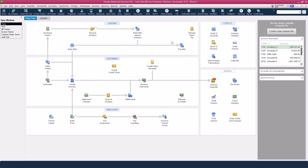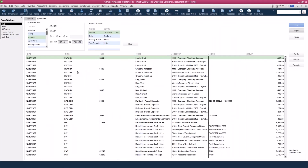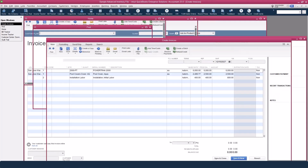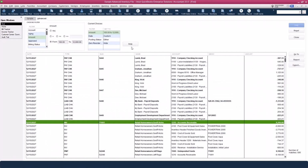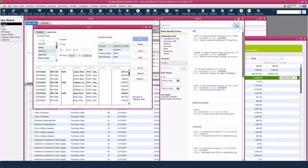So going back to our find, this is, again, super helpful. And again, the drill down capabilities are here if we're really needing that. You've got your simple and the advanced option. So our search is great. The search is over here on my right-hand top side, and if I type in Dunning and hit enter, I now have the search